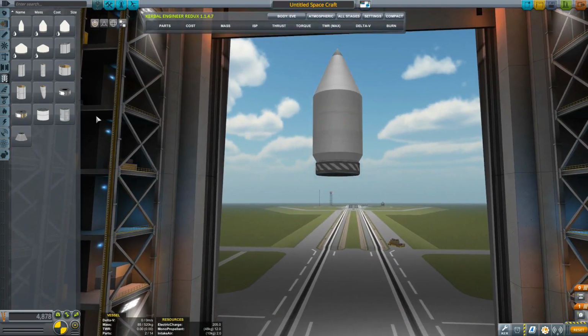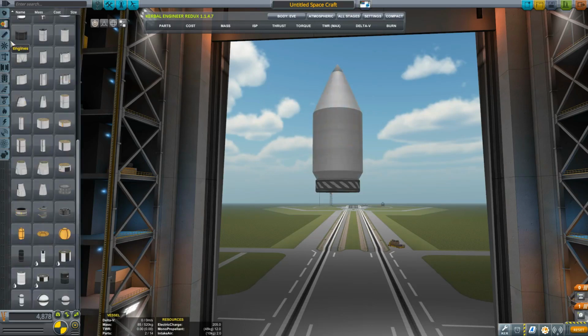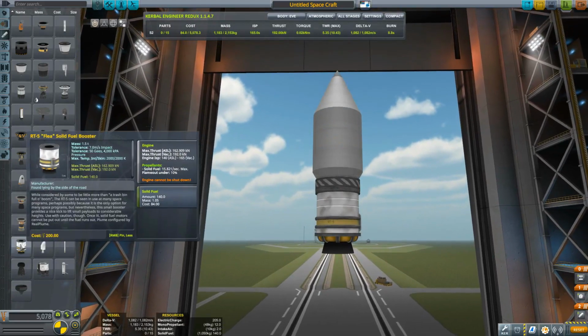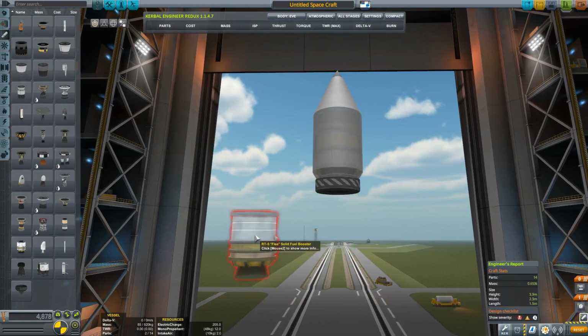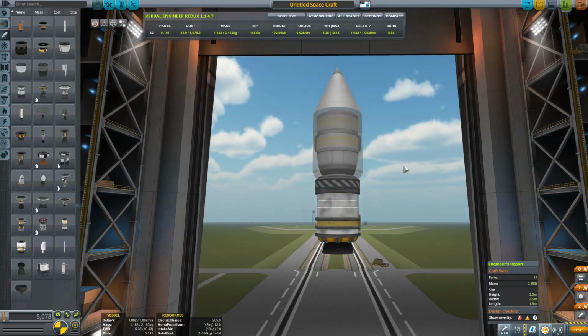Let's just see if we can build the upper stage. Now I have to say I've already experimented with this. I've built both an RSA 3 and an RSA 4 just to see what would be necessary. And on the very last stage, of course, solid fuel. This is the smallest solid fuel booster that we have. Now it's... Okay, this is now going to give us the whole thing's length. But if we look at that 5.5 and that's 3.9, so that's 1.6 meters long, if this thing is correct